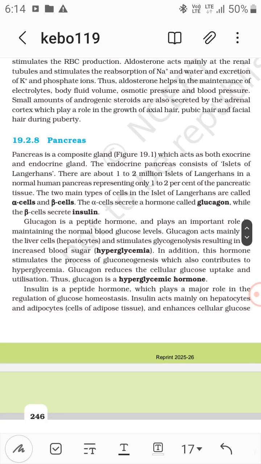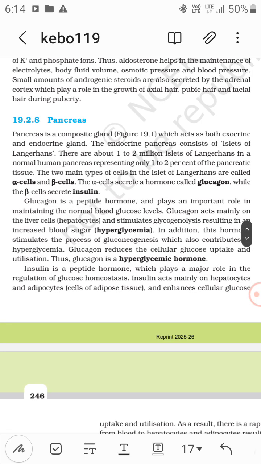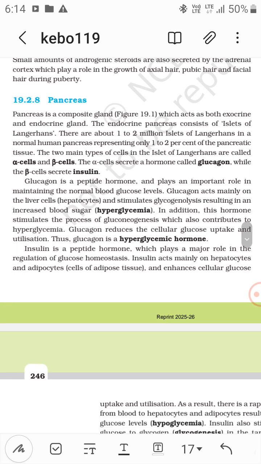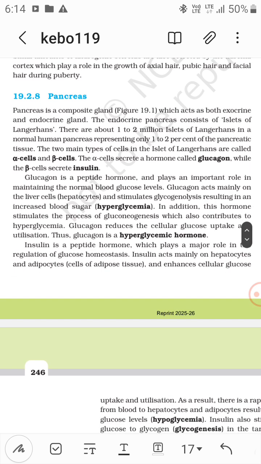Now the pancreas is a composite gland which acts as both an exocrine and endocrine gland. The endocrine part consists of the islets of Langerhans, 1 to 2 million of them. The islets have alpha cells and beta cells. Alpha cells secrete the hormone glucagon, and beta cells secrete the hormone insulin. Glucagon is a peptide hormone, and insulin is also a peptide hormone. They play an important role in maintaining